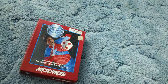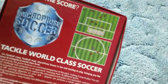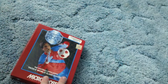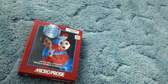Next up is Microprose Soccer. Absolutely brilliant game on all systems. The Amstrad version is kind of black and white, bizarrely, but, you know, has the same playability as all the other versions. And, yeah, I remember going back to around about 89, give or take, and my dad was on...